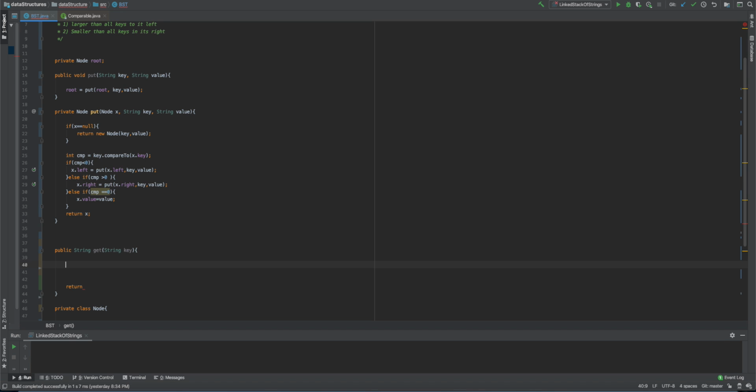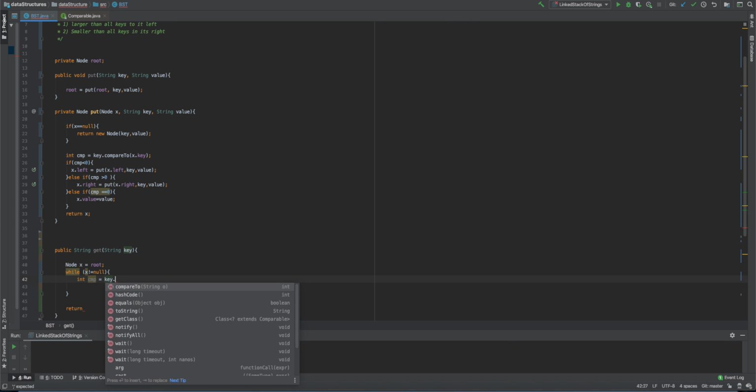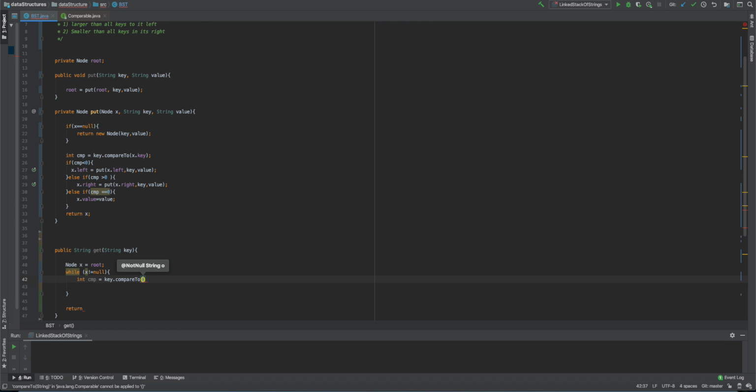So the first thing, we are going to start from the root, and then we're gonna start traversing through the tree. As long as the root is different than null, what we'll be doing is basically comparing,